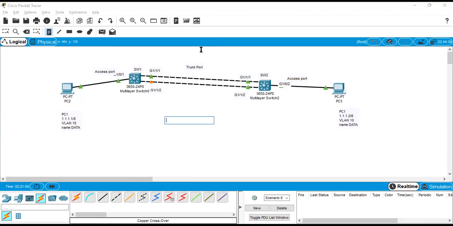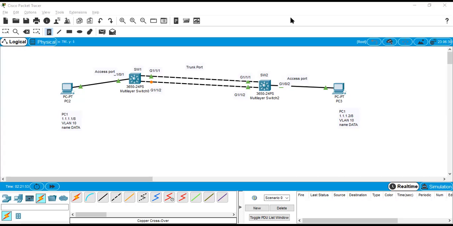So by looking into this design, as per the spanning tree, we can say that all the ports from the root bridge will become designated. So you can see these two are up, so this must be the root bridge. To elect the root bridge, the switch with the lowest priority will become root bridge. If we didn't configure the default value of the switch, 32768, then the switch with the lowest base MAC will be elected as the root bridge.